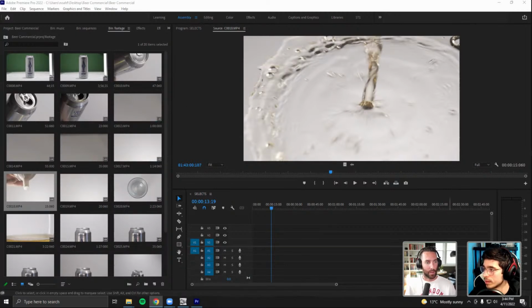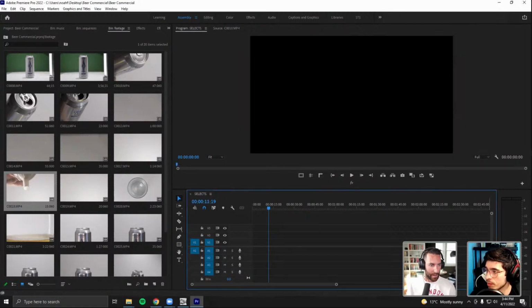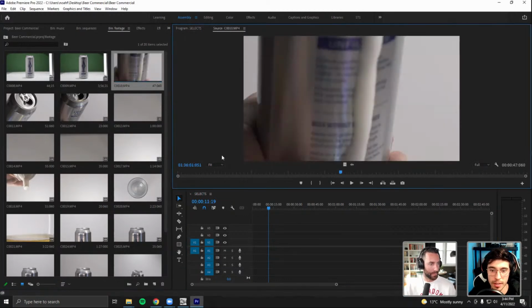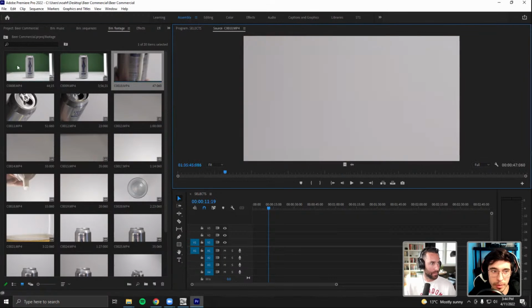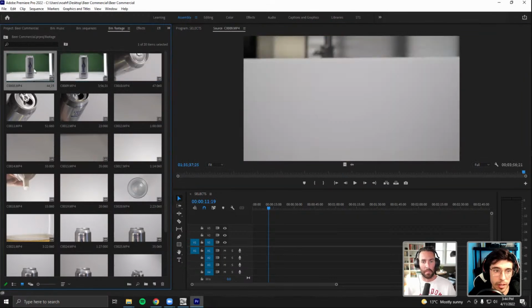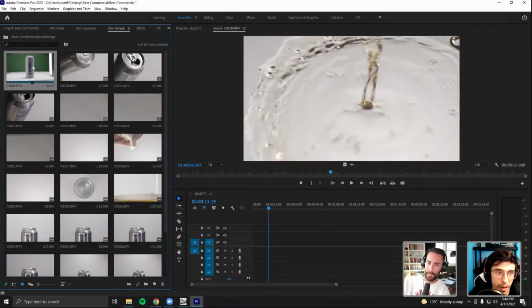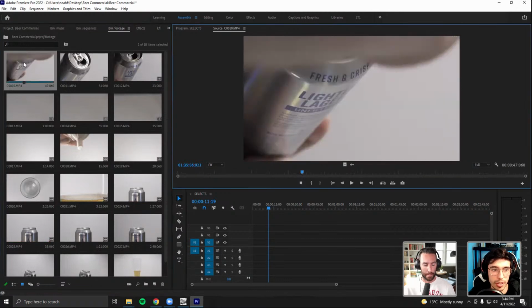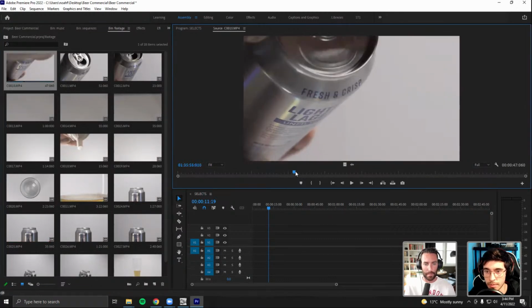But cool, so let's keep on rolling with the selects. Sorry, I took you off course here. No worries. So for selects, this is what we're going to do. I'm just picking them one by one. I know that I'm not going to use these green screen shots, so I'll just delete them out of here so they don't confuse me. And I'm going to start one by one, picking them as I go.